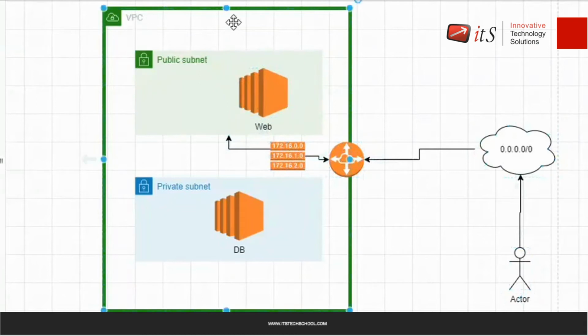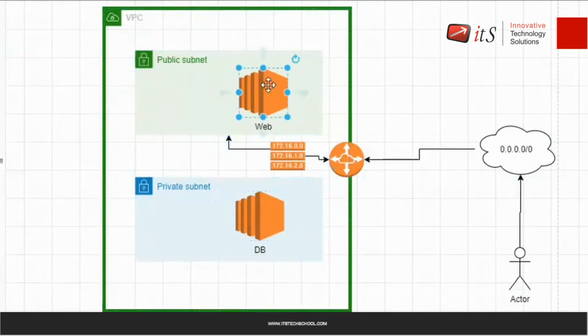So you will need a VPC for the isolated network, and you must have at least one subnet for creating your virtual machine. You cannot create your machine outside the subnets, right? So you must have at least one. So we added two, one public and one private, right? All the virtual machines in the public subnet can go to the internet, and all the machines in the private subnet cannot go to the internet. That will improve the security for my private subnets. And the public ones can easily move towards the internet, right? So they can access the route table, internet gateway, and the internet. And same in a reverse case. That's it.